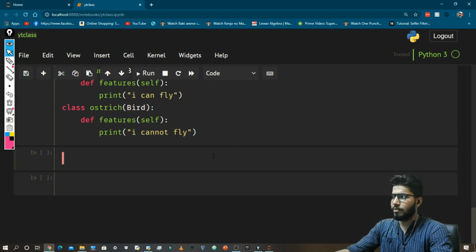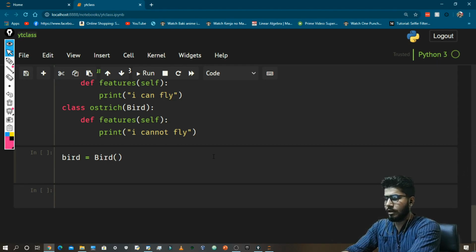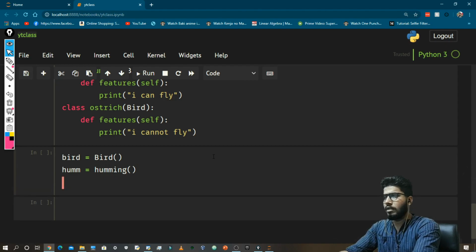Now I will create some objects. So let's say bird is equal to Bird, hum is equal to Humming, and os is equal to Ostrich.